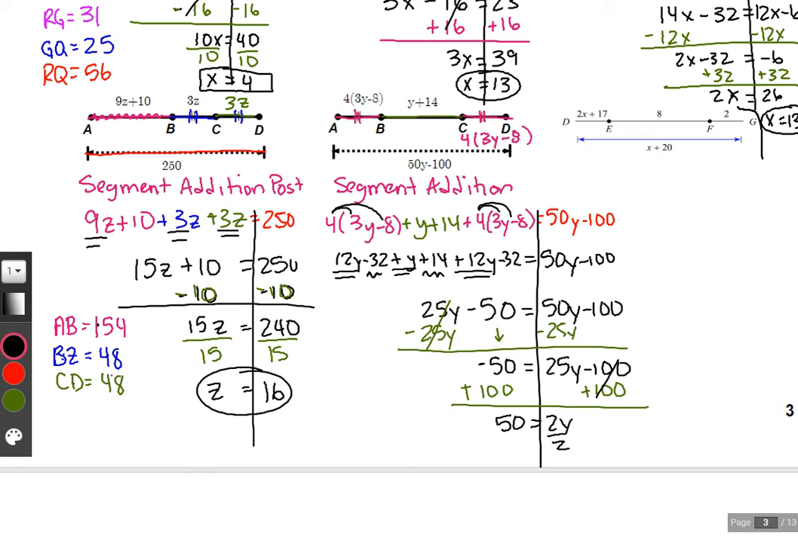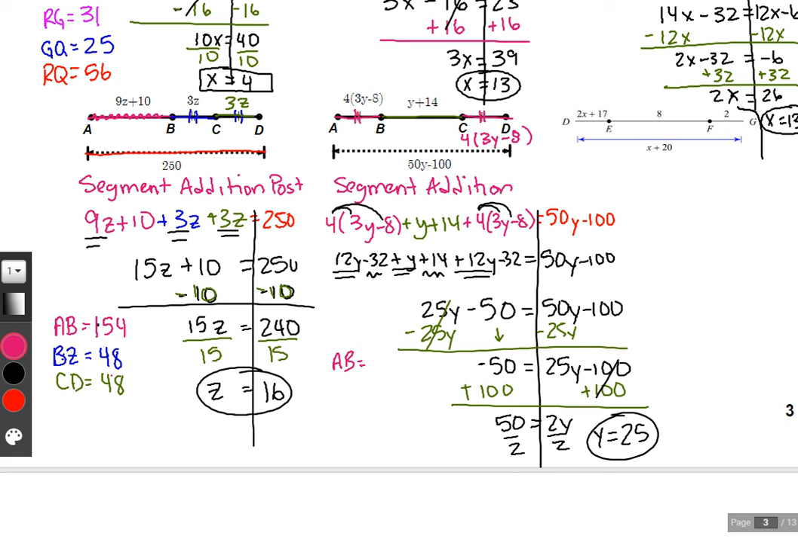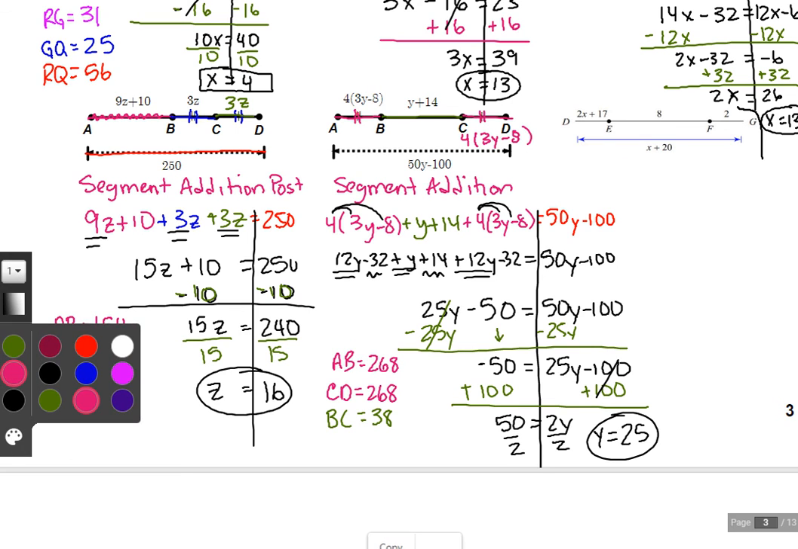Okay, let's go back and do some substitution. My personal favorite part. So we have AB, which is 4 times the quantity 3y minus 8. So 4 times the quantity 3 times 25 minus 8. And so that nets a 268, which also means that CD is 268 because they're congruent. Then BC is y plus 14, so that'd be 25 plus 14. Then we have the whole chunk AD, which I'll go in red, is 50 times y minus 100, so 50 times 25 minus 100. So the entire thing,